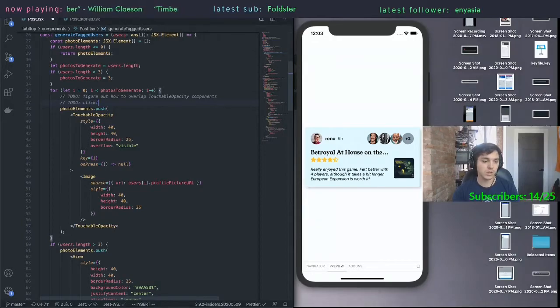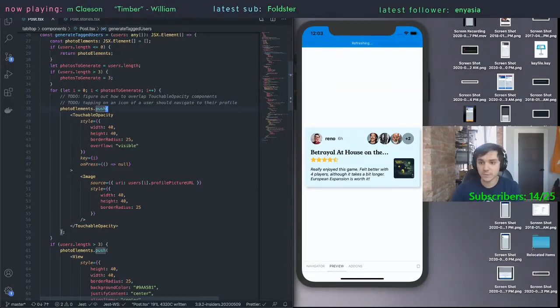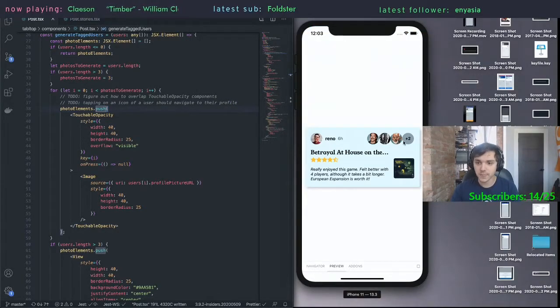To do: clicking or tapping on an icon of a user should navigate to their profile. But we don't have profiles yet, so that won't work. And then